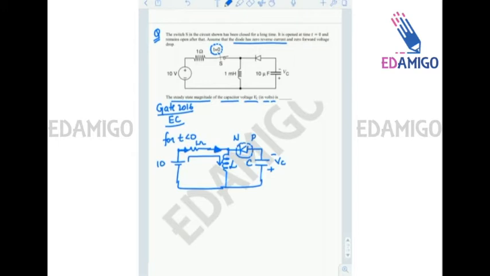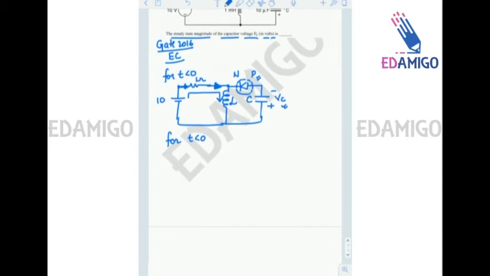So for t less than 0, this capacitance is not present in the circuit because this diode is open, or this diode is off. So for t less than 0, if I redraw the circuit,